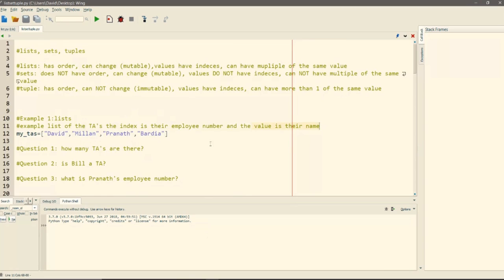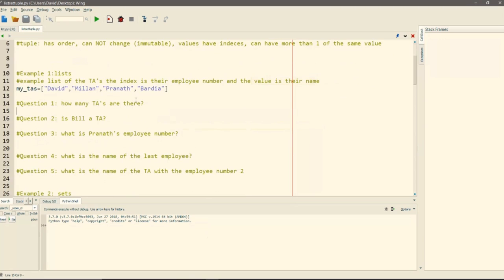Okay. So the first question might be, if you're the prof, you might want to ask, first of all, how many TAs do I even have? Because I'm sure you guys have looked at the Discord. There's quite a few. So let's figure this out. There should be a function for us to figure it out, and luckily, the length function is here to save the day. If we want to figure out how many TAs there are, we go length,